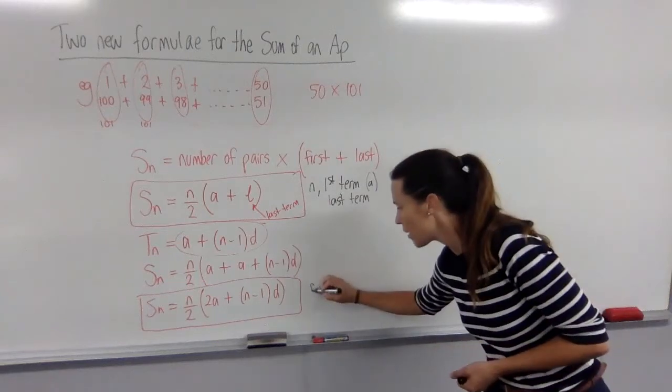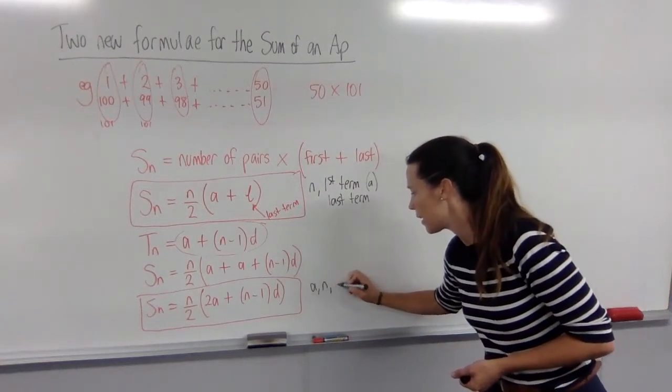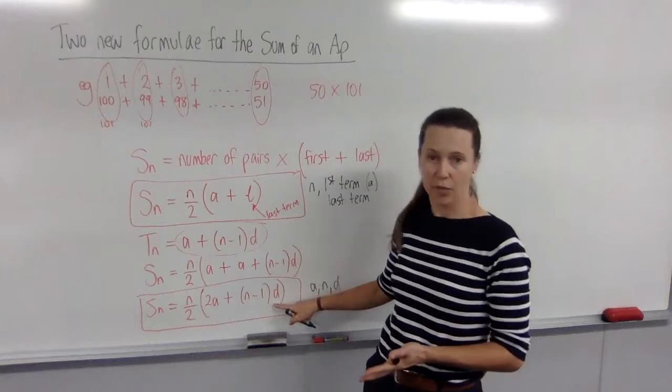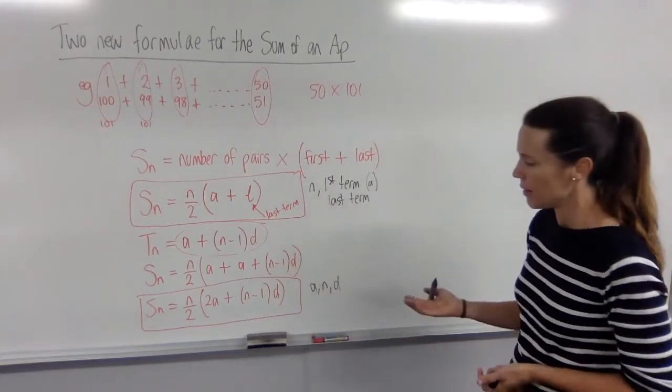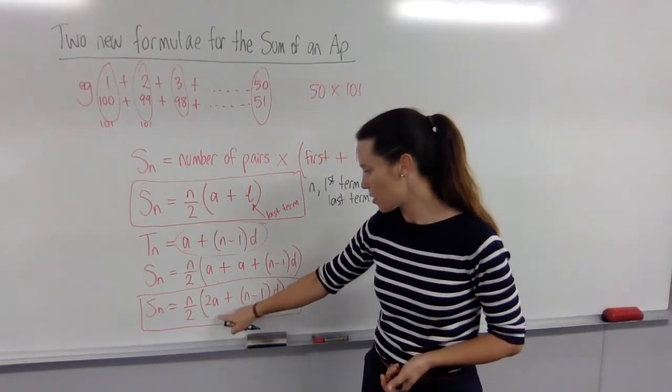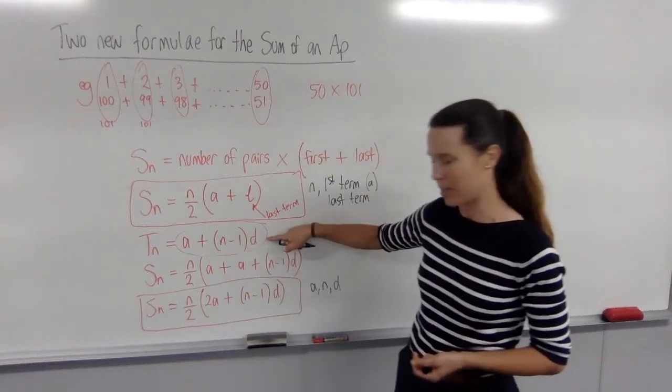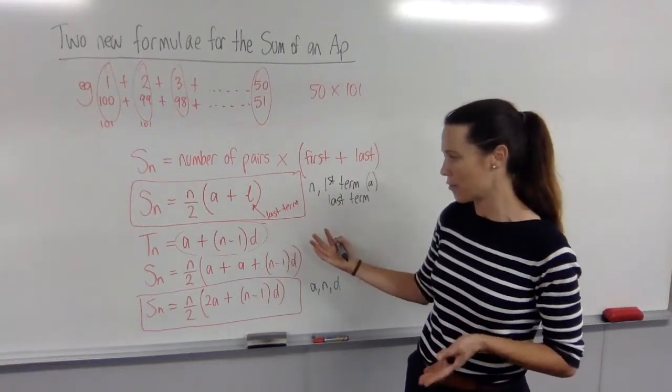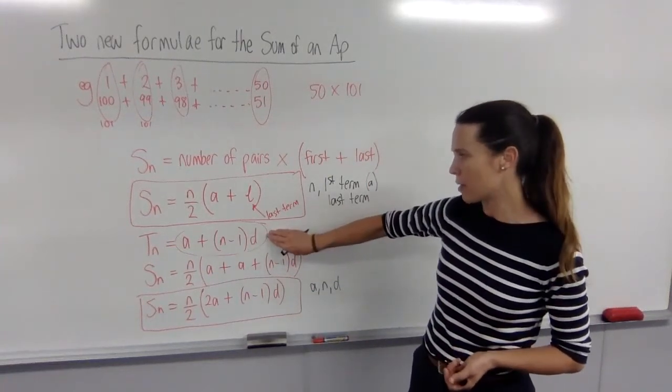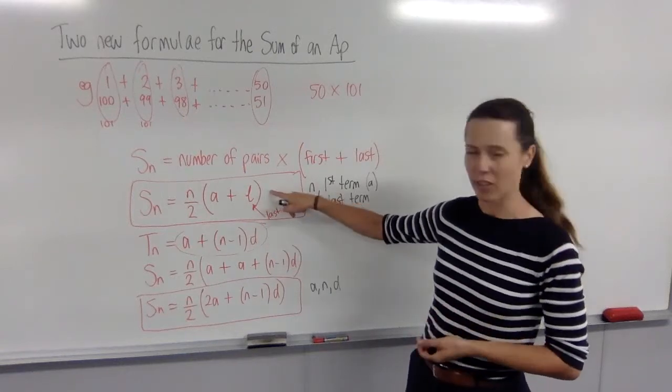But if you only have a and n and d, then this formula would be easy to use. Now, looking at both of them, you'll see that this one looks quite a lot like your nth term formula. So if you're memorising formulas and you've already learnt this one, to me it makes the most sense just to learn this one,